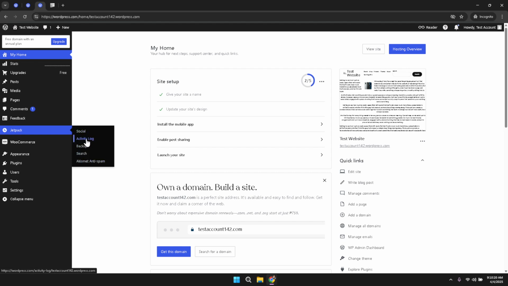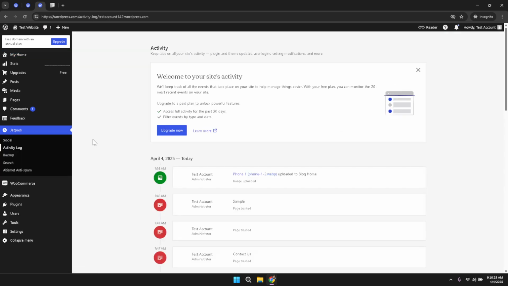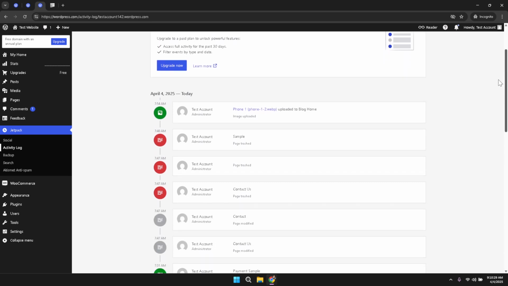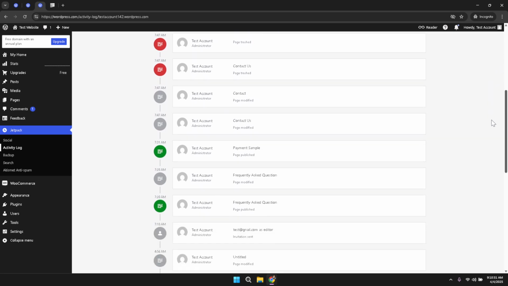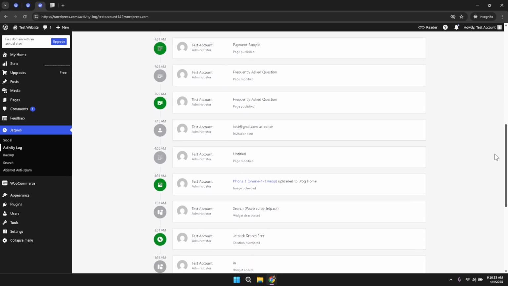Once you have clicked on Jetpack, the interface will present several options related to the plugin's features. Look for the option that says Activity Log. The activity log is specifically created to provide a comprehensive record of all the activities that have taken place on your website. This includes actions like post updates, plugin installations, configuration changes, and even login activities. Clicking on Activity Log will open a detailed log view, allowing you to monitor every important event that has occurred